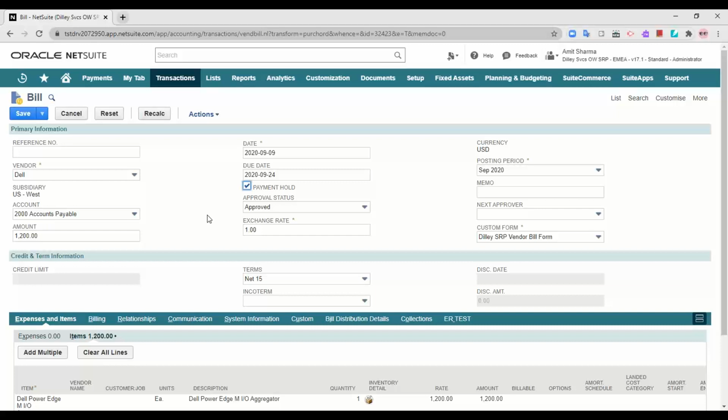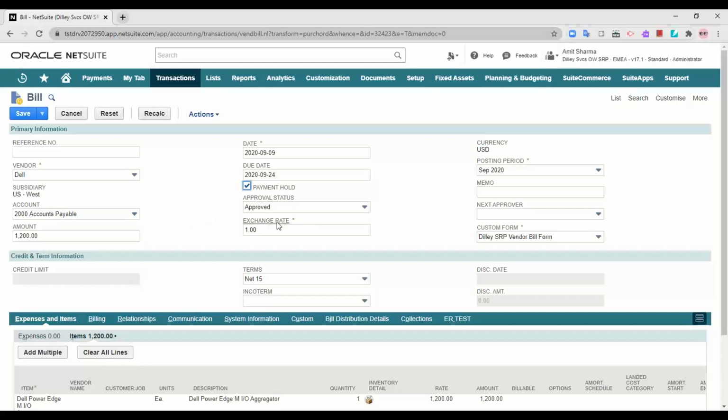This is done on the safer side because you might have hundreds of payments in a day. If you do not check payment hold and think, let me just approve it, create a GL impact, and I'll remember not to pay this bill, since everyone is human, you might miss it. So it is a better option to check this payment hold button. Until the terms of payment or the contractual terms between you and the vendor are in harmony, this bill will not be paid.